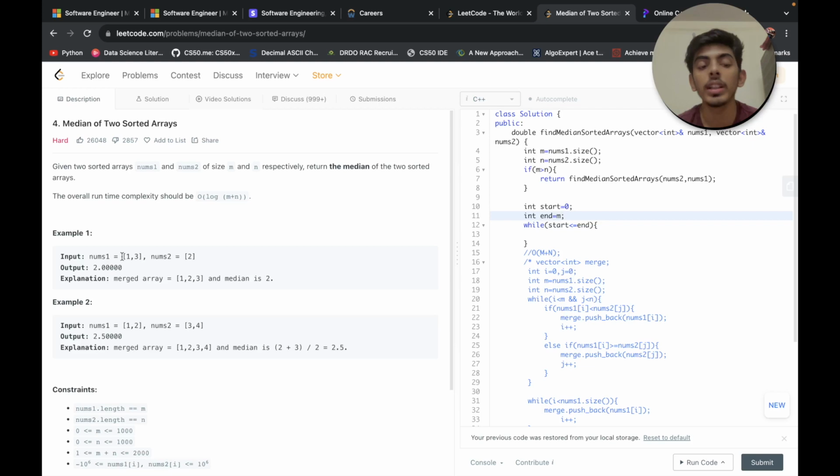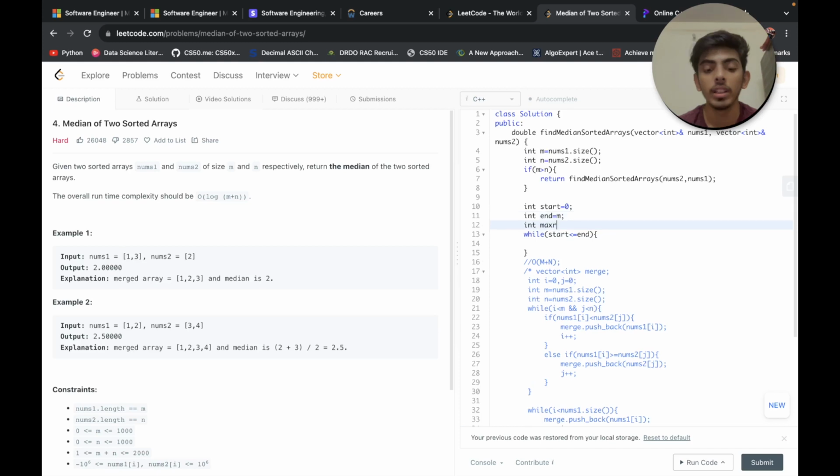So if we have nothing, we start with 0, and it goes up to having everything in the left, so we consider m over here, right? After that, we'll declare some variables over here: int maxLeftX, maxLeftY, minRightX, minRightY, and one more, partitionX, partitionY.